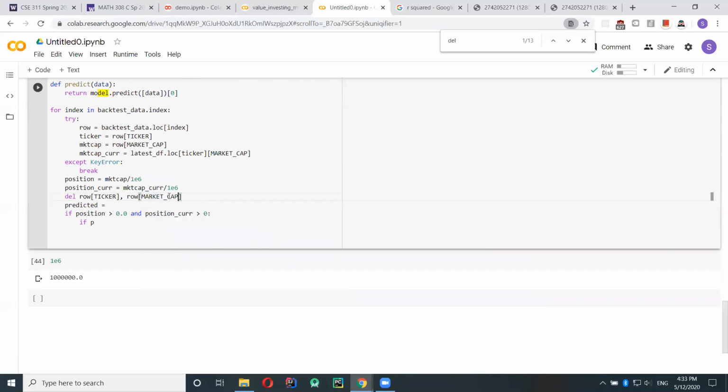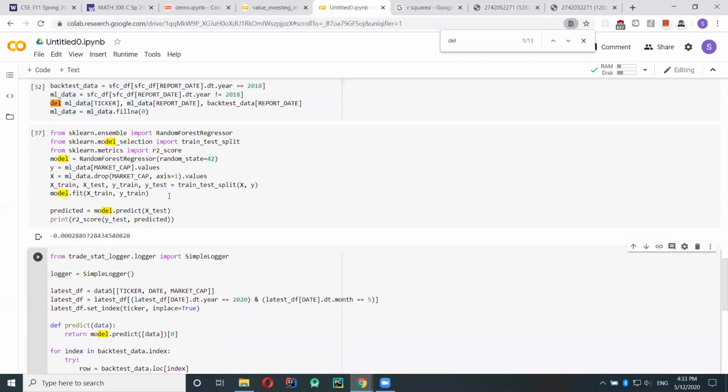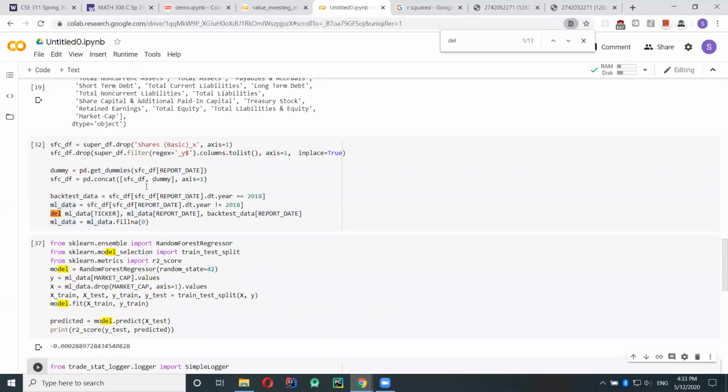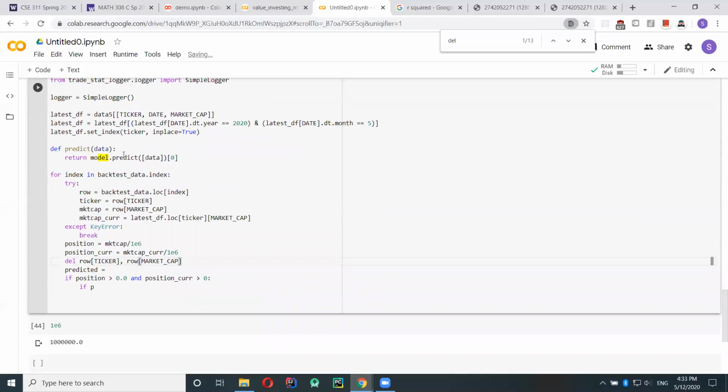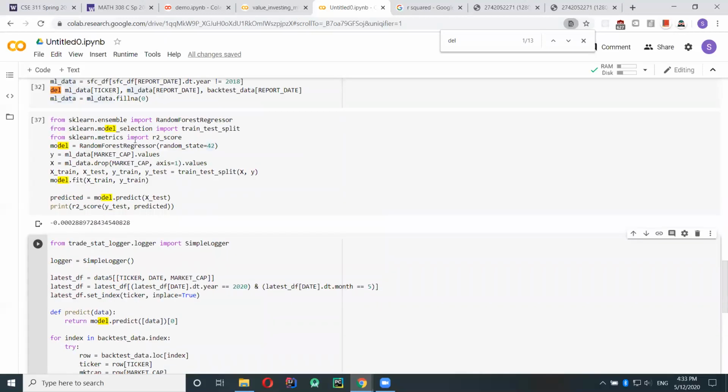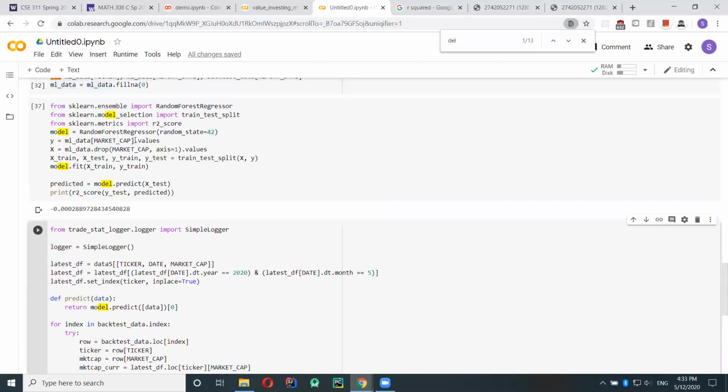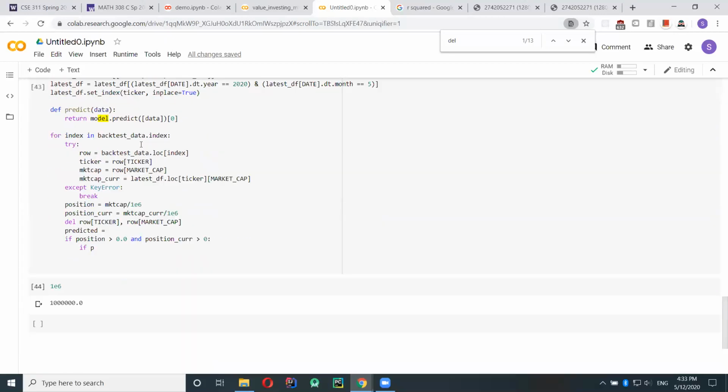And also, because we made the market cap into the Y, we stored the market cap into Y and dropped it here. If you remember, we did drop the market cap here.